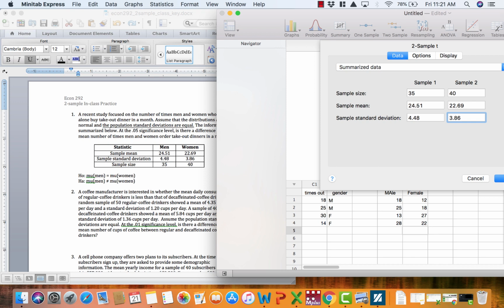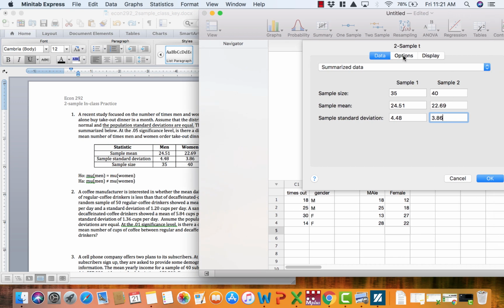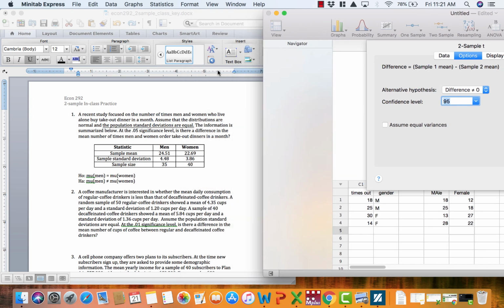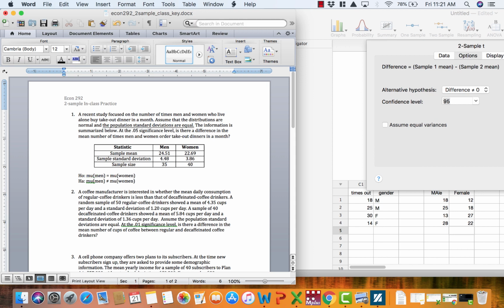Okay, so there I've put in the sample size, mean, and standard deviations for both men and women. All right, we need to go under options, and this difference is defined as sample 1 mean minus sample 2 mean. So what Minitab is doing here is, instead of thinking of it as mu men equals mu women, and let's go back over here to the Word document for a minute, what Minitab is doing is mu men minus mu women equals 0